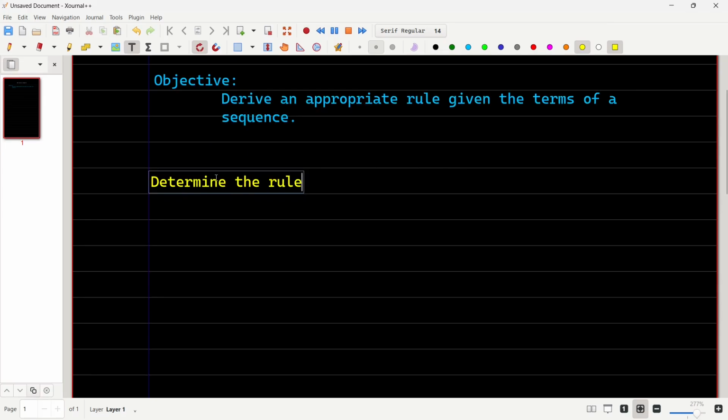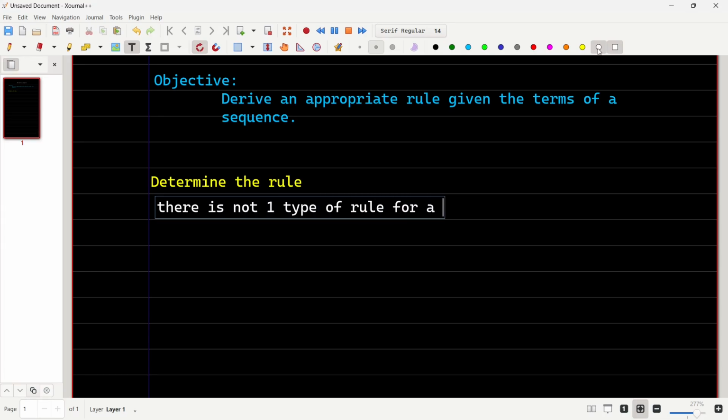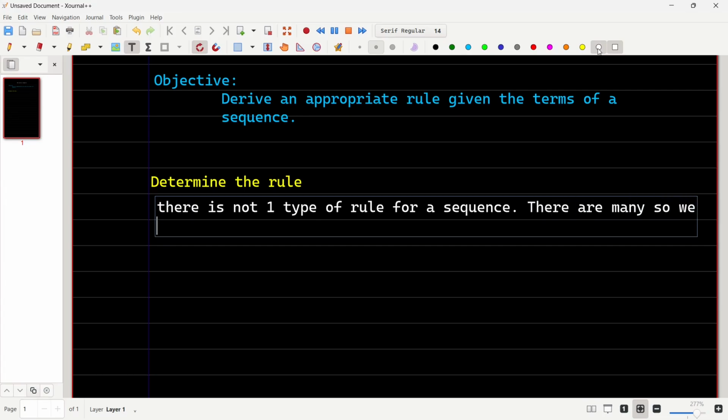All right. So first thing you would realize is that there is not one type of rule for a sequence. There are many different types of rules. So what we're going to have to do is approach this systematically so that we can rule out the most common ones and then move our way on to the least common ones. There are many, so we will